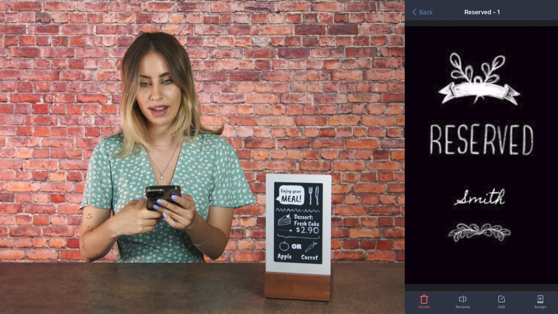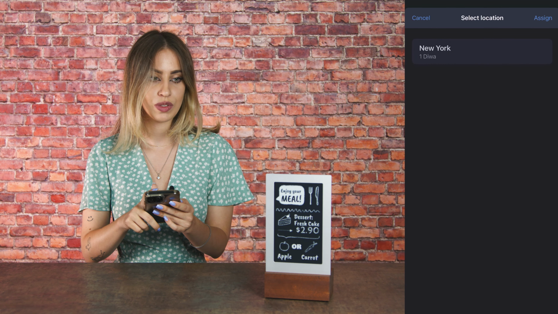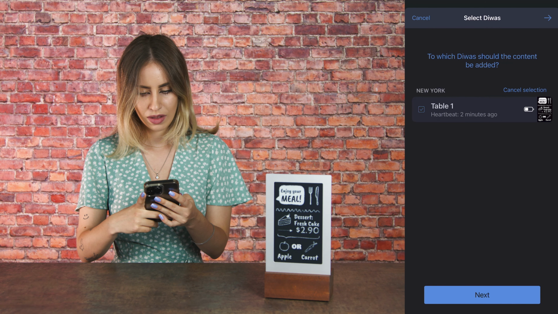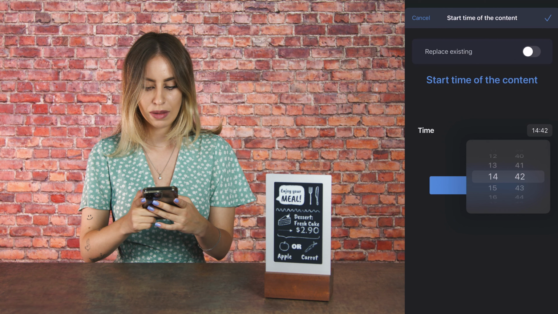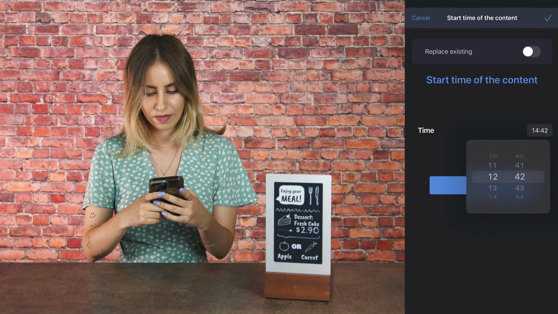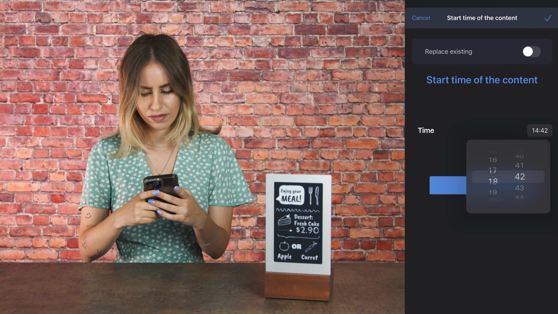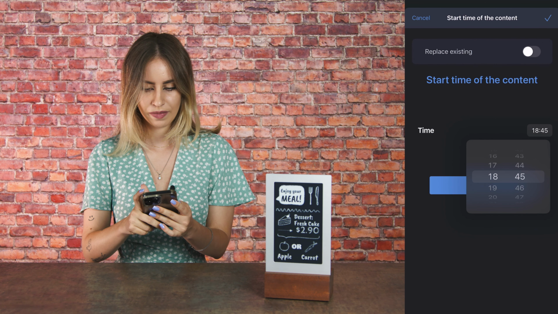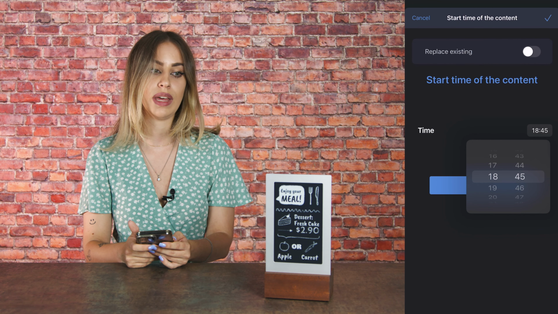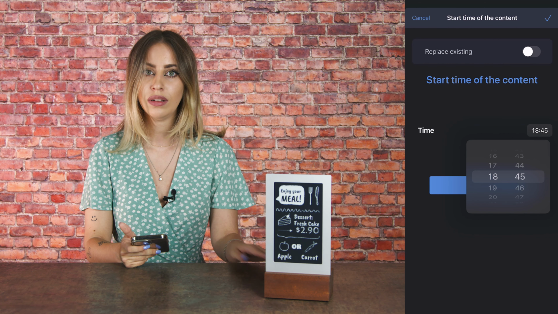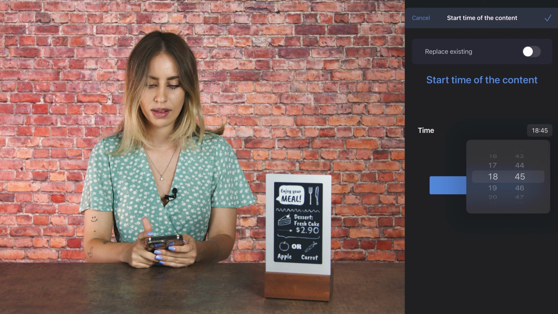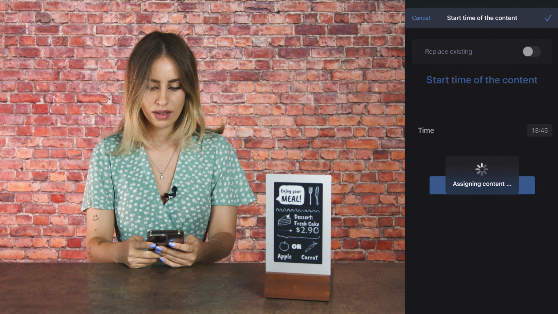And then click assign. We will choose this Diwa on the table here, table 1, and choose the time at 6:45. Do not switch on the replace existing template because then it will be immediately updated on the Diwa. We want it to be shown at 6:45. So just click update, assign,